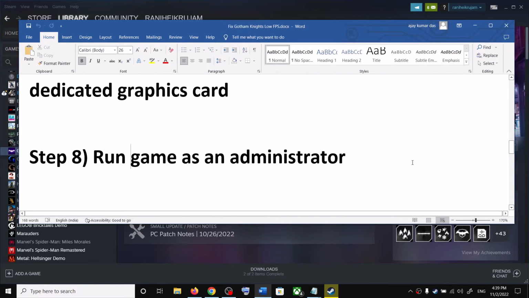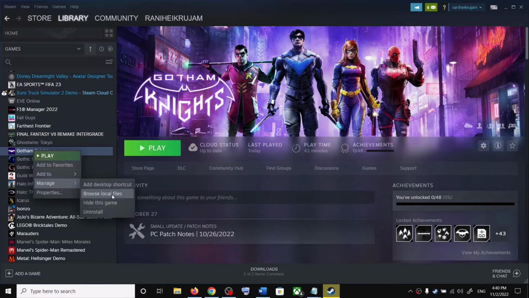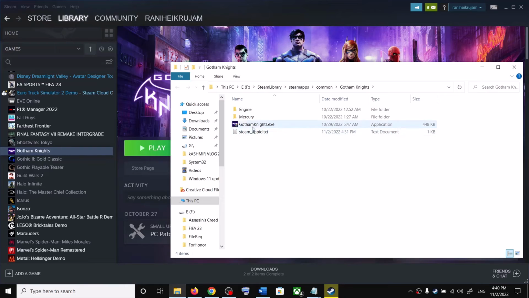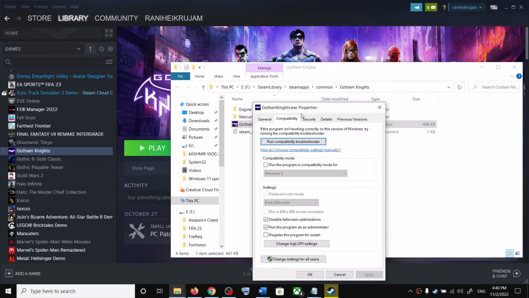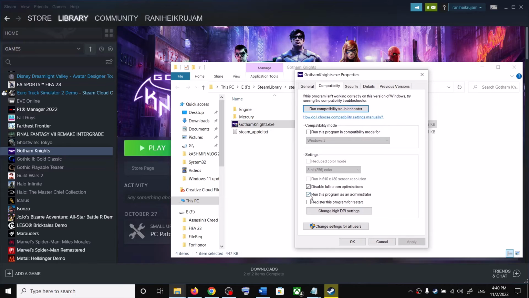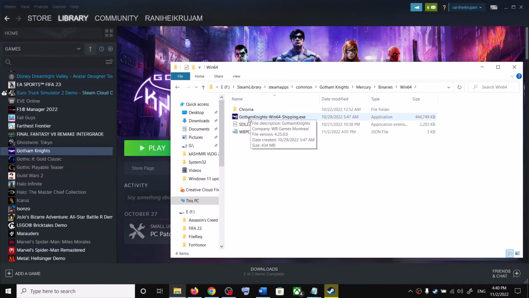Next step is to run the game as an administrator. For this, make a right click on the game, select manage, then click on browse local files, and then make a right click on the game exe file, select properties and go to compatibility tab, and then put a check on the box which says run this program as an administrator. Put a check over here, then click on apply, click on OK, open Mercury folder, binaries folder, win64, select this